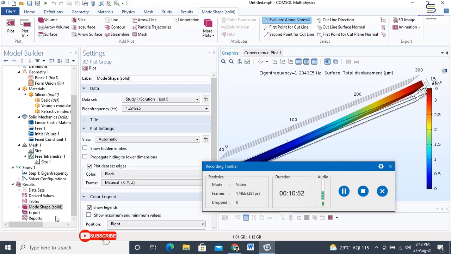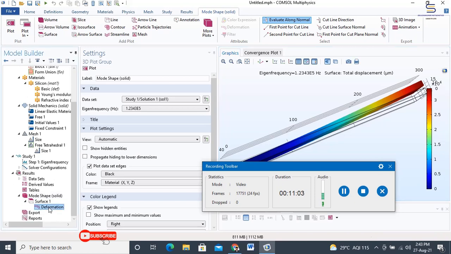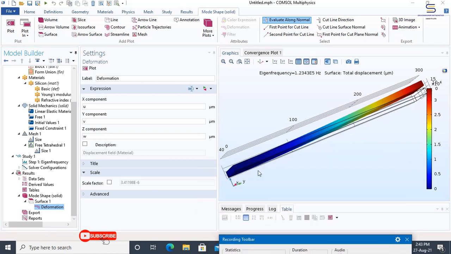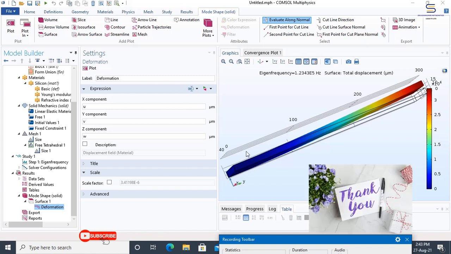The first thing we are going to do is find out how the mode shape looks in the simulation. In the surface, if you look at the deformation, this is how the actual deformation will look. So this is it about the eigenfrequency analysis of a cantilever beam. Thank you.